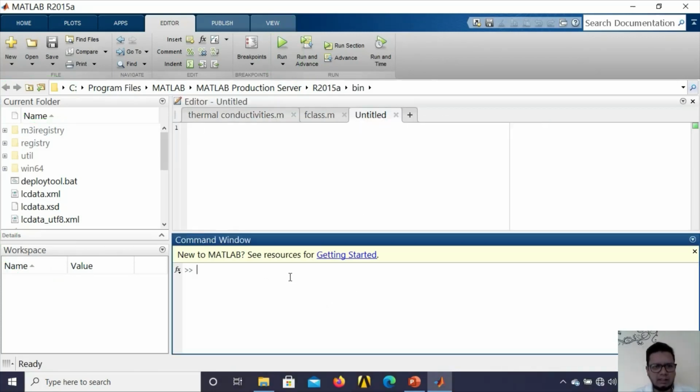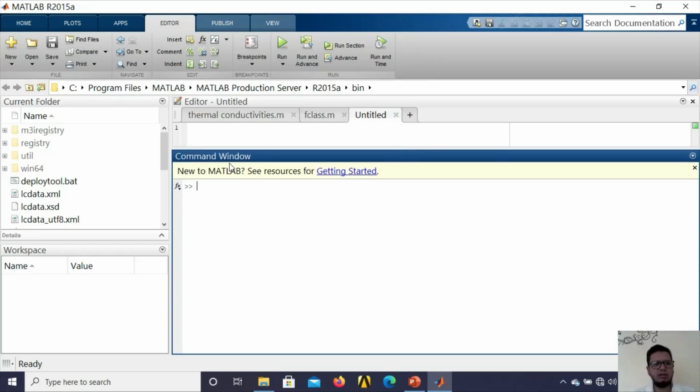Since this is a very small program, we will use only the command window to get our solution. So let's define our coefficient matrix A. The coefficients of the first equation are 1, 2 and 4, the coefficients of the second equation are 3 space 8 space 14, and the coefficients of the third equation are 2, 6, 13.